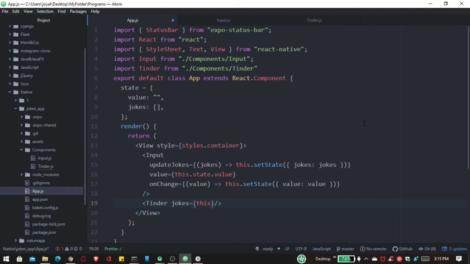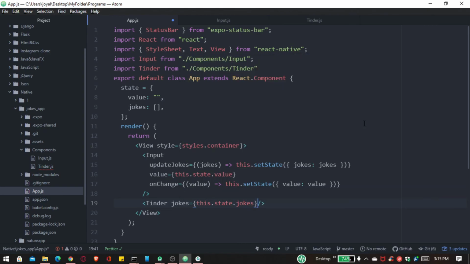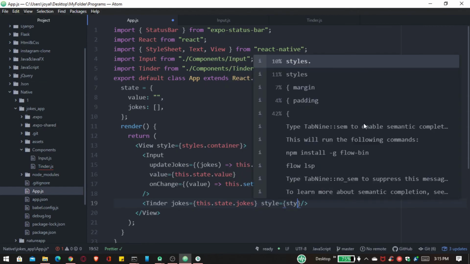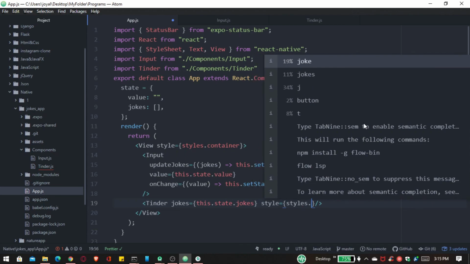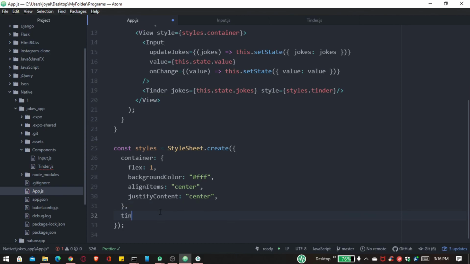So here we have to pass our state, because state have the whole value of our jokes. So print the jokes here, and for styling I want to write here style is equal to styles dot class name is Tinder, flex 1. So now save this file,